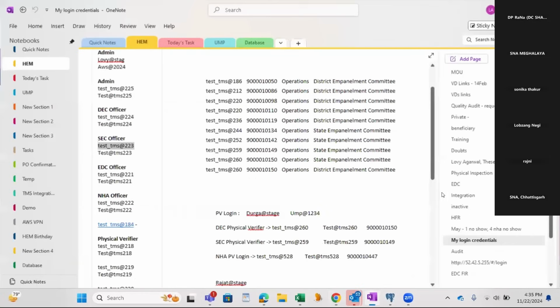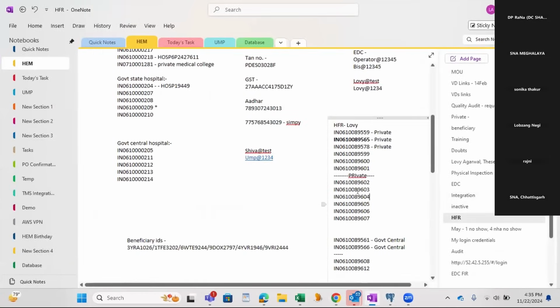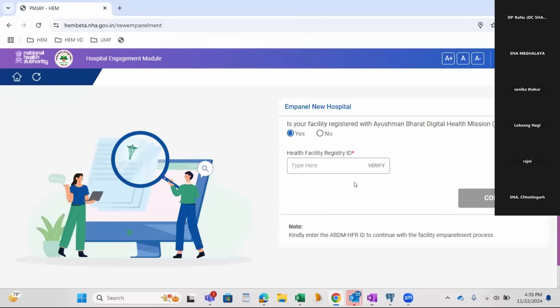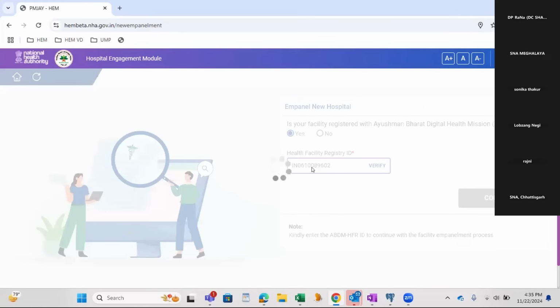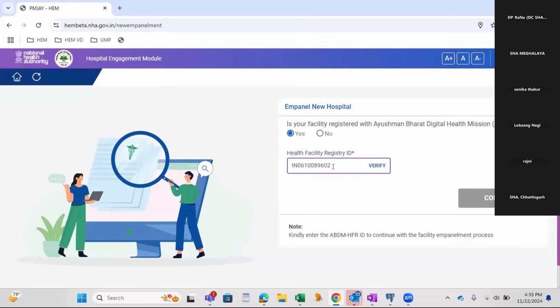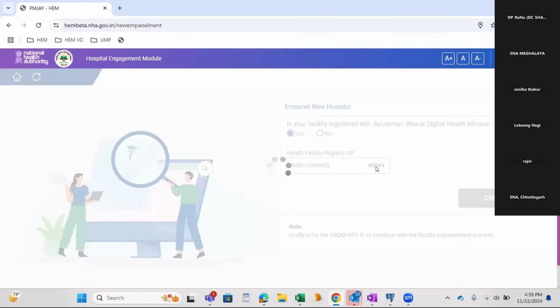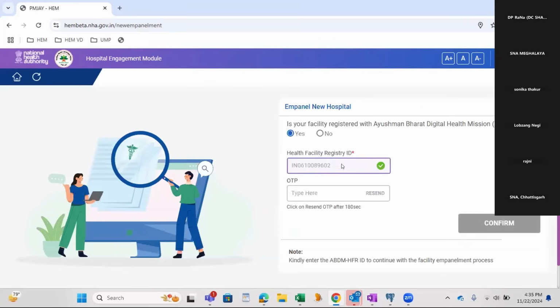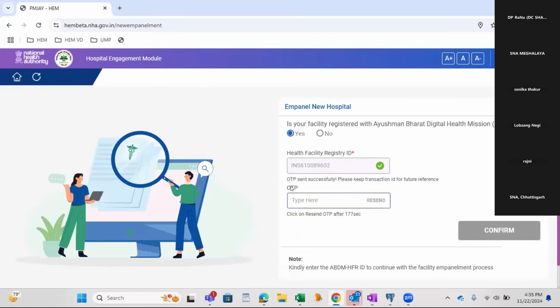So here I will enter an HFR ID, which is for a private hospital. The moment I enter it, verify is enabled. Let me verify this. It will ask me for an OTP. The OTP for this HFR will go to the registered mobile number with which the HFR was created.